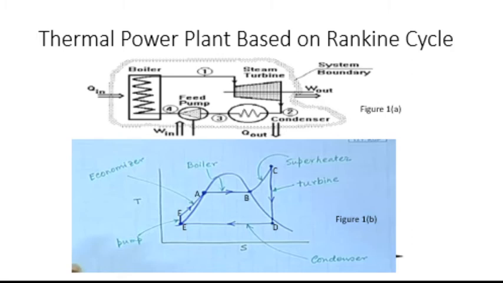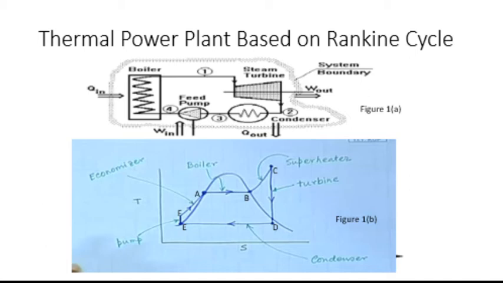So what we will have in this block diagram, if you have already studied thermal power plants, is that after the feed pump there will always be an economizer. Why will the economizer be there? The economizer is going to increase the temperature of that fluid, because in the condenser heat has been taken out, so the temperature will be dropped, but not in a very drastic manner, so that your pressure will be changed. What we are discussing here is the ideal case, but in practical cases there will be a drop in temperature and a drop in pressure, but somehow we can say that the process will be very near to the